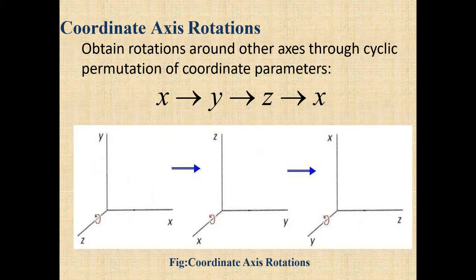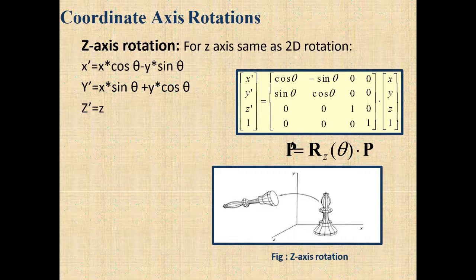So for Z-axis rotation, this is going to be the case. The Z-axis rotation is the same equation that we got in 2D rotation. This is actually happening in the XY plane, and if the object or shape is over here and gets rotated by some angle and is now here, it is happening around the Z axis. So now your X dash and Y dash will be accordingly changed. This is what we already got in 2D transformation.